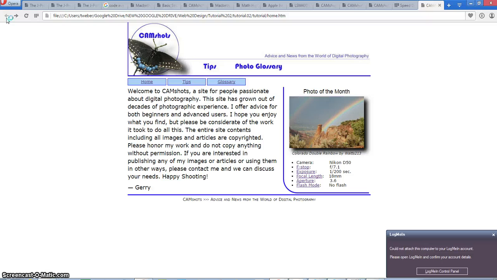Okay, that's a rectangular hotspot. Defining a circular hotspot, there's the code for that. You tell it shape, circle, and then three coordinates where